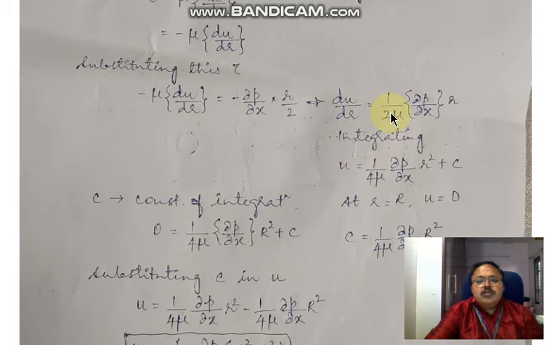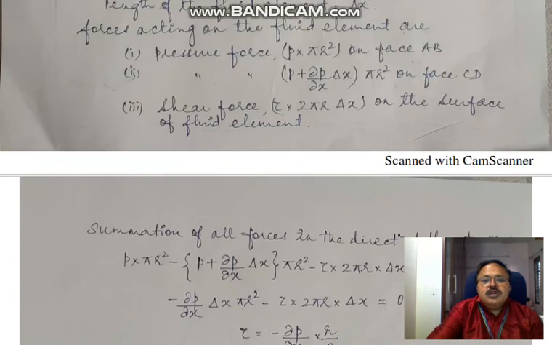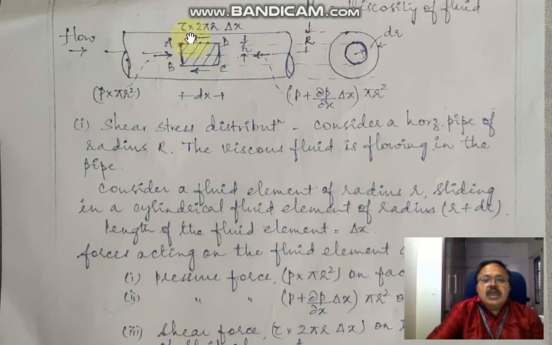It is equal to, keeping this entire thing as constant, the integration of r, which is r square by 2. So the denominator becomes 2 into 2 mu, that is 4 mu. We have the integration constant c here. When small r is equal to capital R,